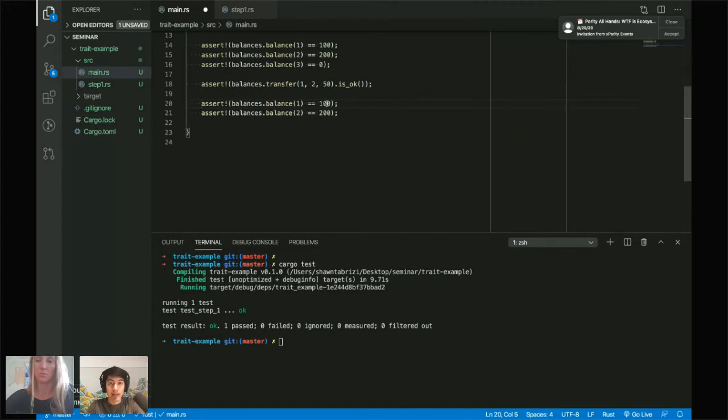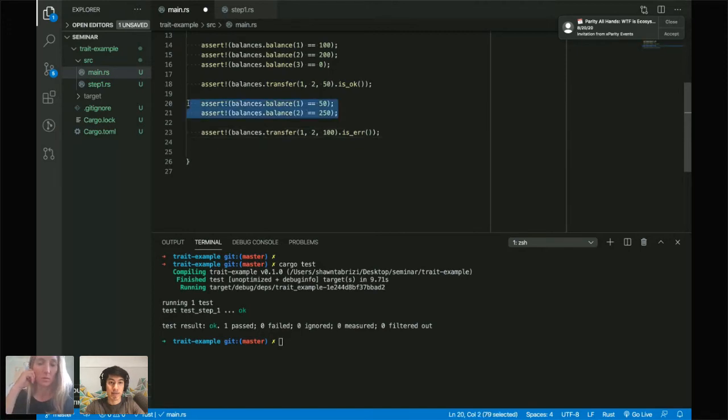Okay, so balance of this guy should be 50, and this one should be 250, right? And then we get also, I'll just add to it just to speed things up. So this should pass. And then if I try to transfer more money than we have allowed, obviously we're going to get an error. So I'll assert that balance transfer of 100. So we've already transferred 50. Now they only have 50 left. Another 100 is an error. And we should confirm that the balances don't change.